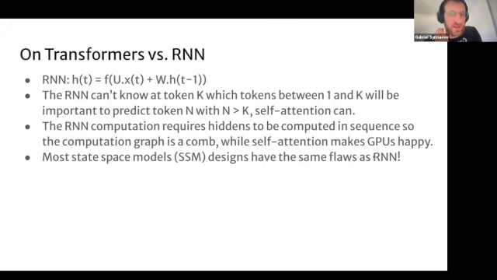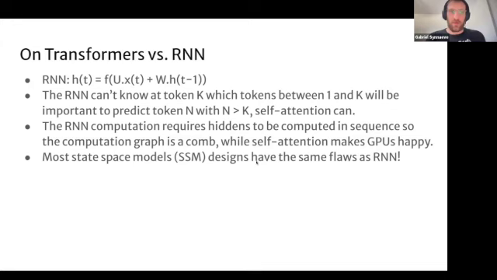That's one difference. And the other difference is that the RNN computation also requires you to have the hidden state computed, so it's necessarily a sequential computation. Whereas with self-attention, of course, it's this n squared that we said before, but you can compute everything in parallel, so you don't have this kind of comb graph. So it basically doesn't matter in the era of GPUs that you have this n squared in this case.